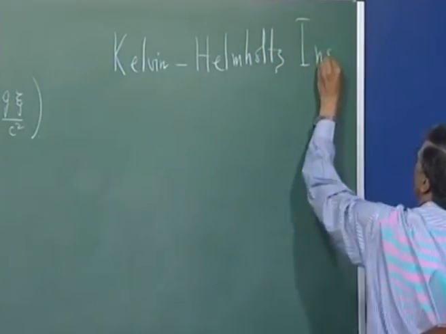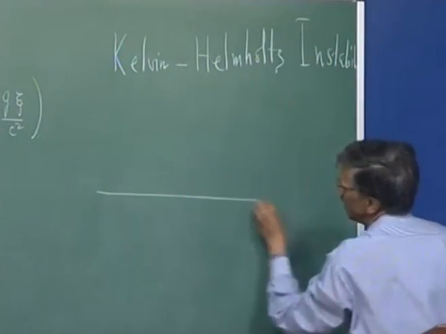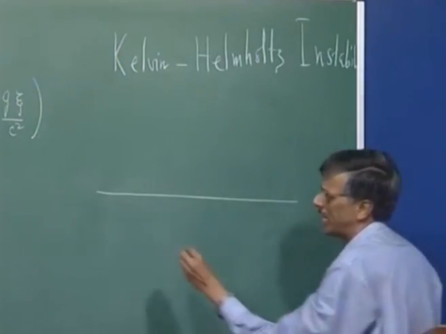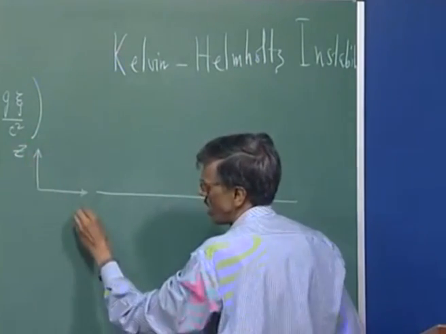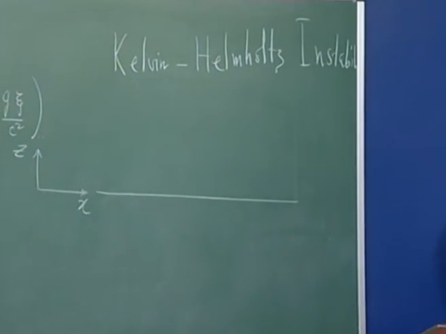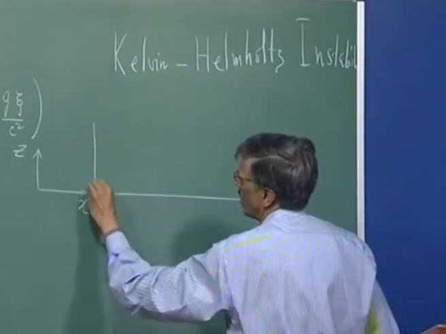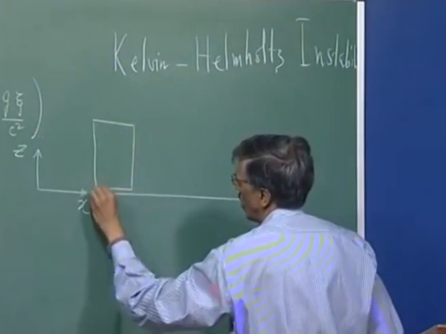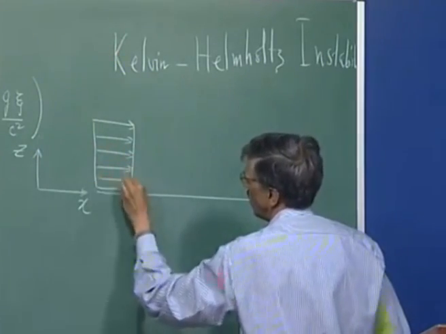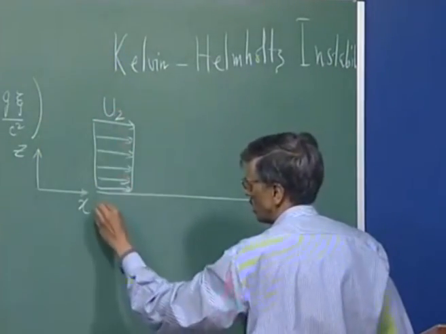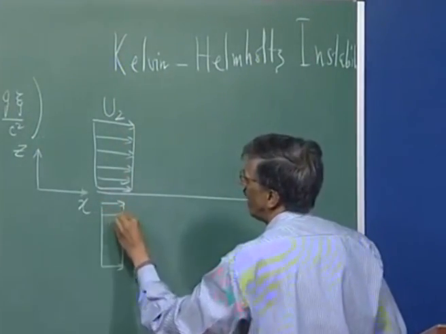So, what does it look like? Let me just show you by a bit of a sketch, that if I have an interface like this, and I can create a coordinate system. Let me call this the zx plane. Okay. And here let us say the flow is coming from left to right with a velocity, let us say I call that a uniform flow as U2, and on the bottom side, let us say I have a uniform convection that is given by